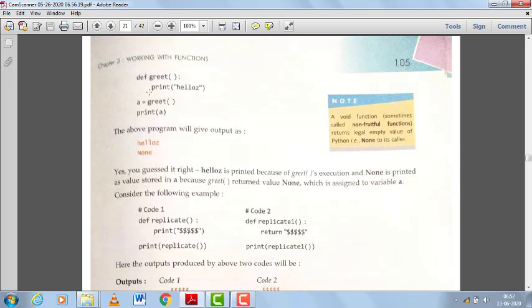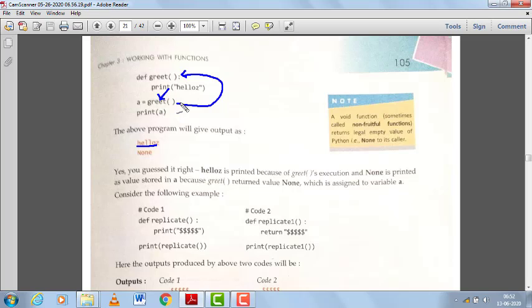Next, look at the working of this calling of the greet function. def greet, print hello, and in the main section a is a variable which stores the value returned by the greet function. We are not using a return keyword inside the greet function. That means greet is a void function. When there is a call of the greet function, first hello will be printed. Look at the output, and after this what will be returned here? Nothing. That means None. There is a constant None, N-O-N-E, where N is in capital letter. Always keep it in your mind.